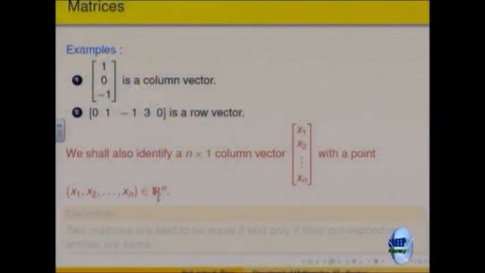For example, you must have studied functions, right, real valued functions. Then you can think of real valued functions defined on an interval. You can add functions, you can multiply functions, you can scalar multiply a function, you can compose functions. So, in the class of all functions, you can do these various operations: you can add, you can subtract, you can scalar multiply, you can multiply functions, or you can compose functions.